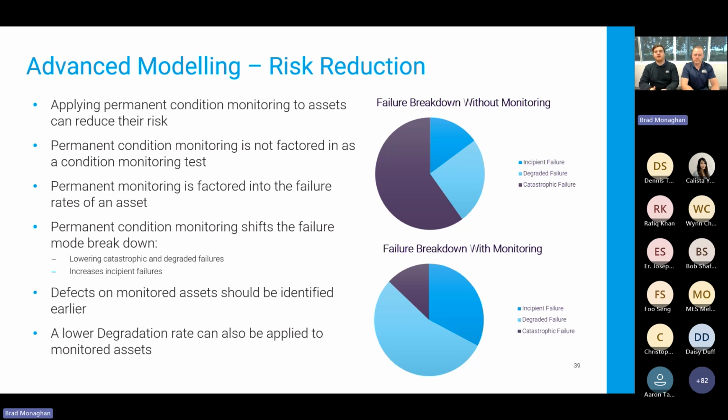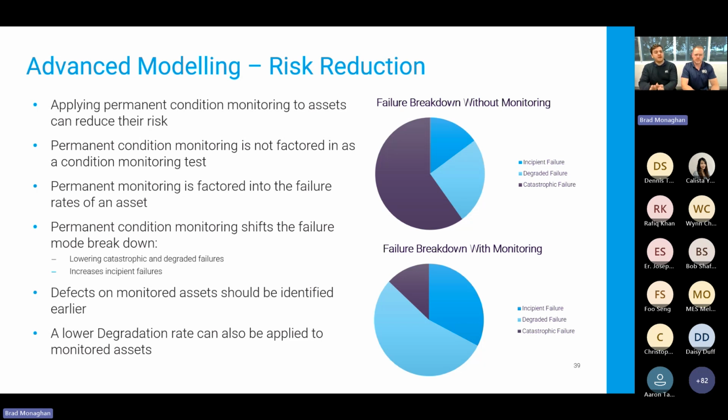If you can divert one failure from being an unplanned catastrophic failure to a planned maintenance on a degraded failure, even if you still have to do the day's worth of work, it's significantly cheaper than that catastrophic failure. And that's how you can apply permanent monitoring to these models. It's not necessarily just a condition test, it's also diverting the failure types, and it's really interesting to see its